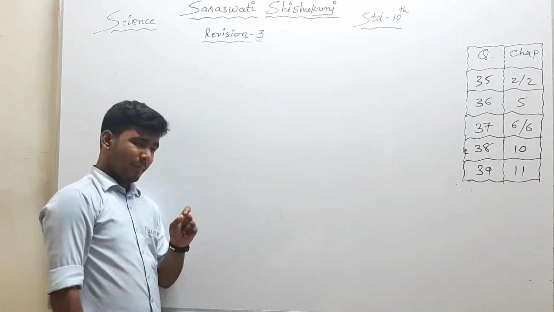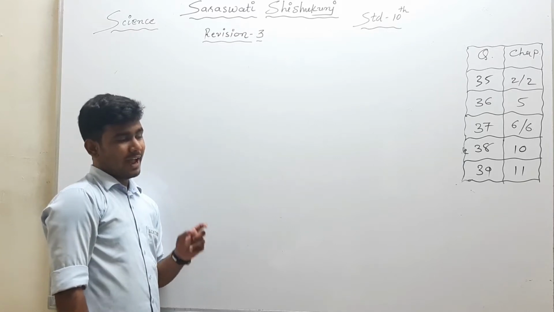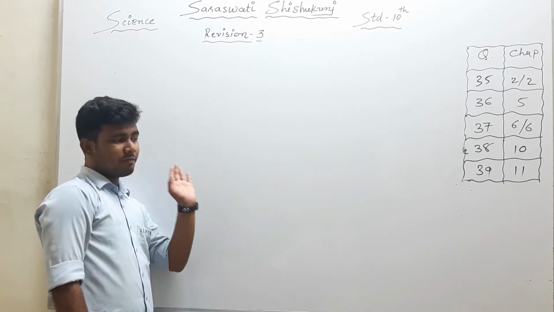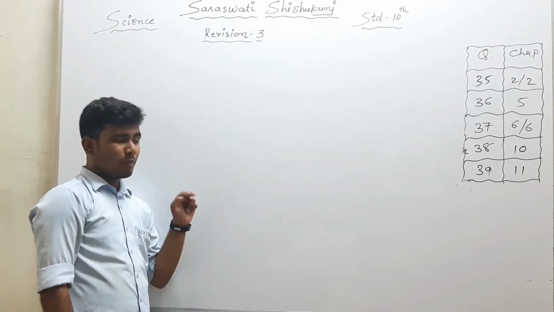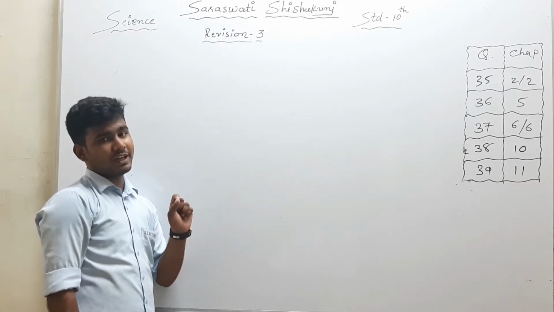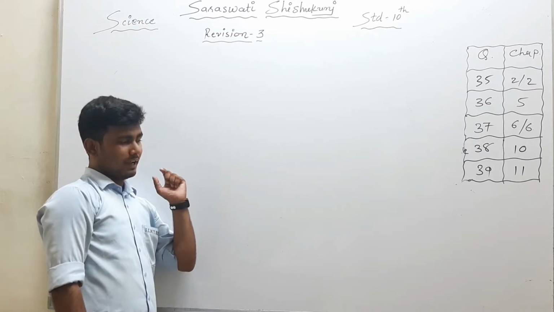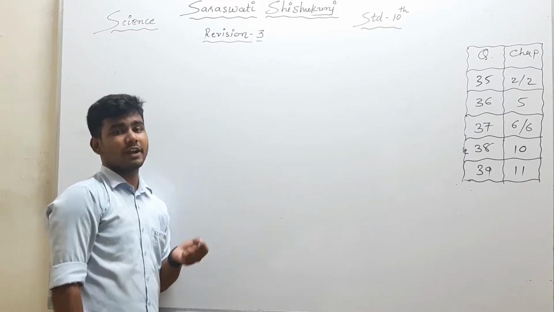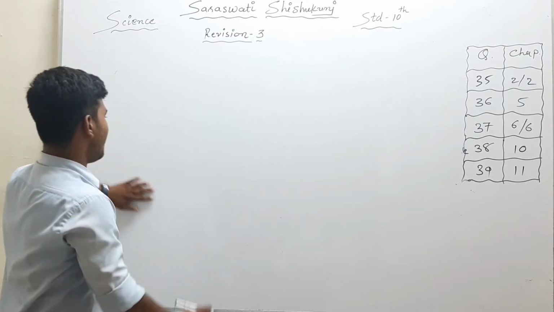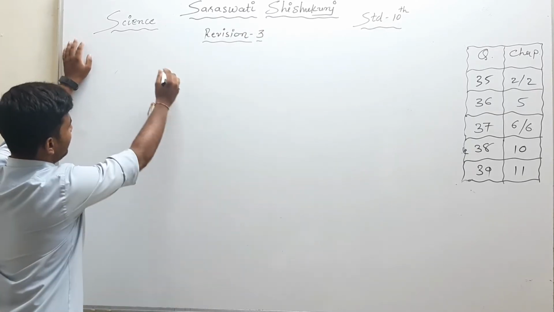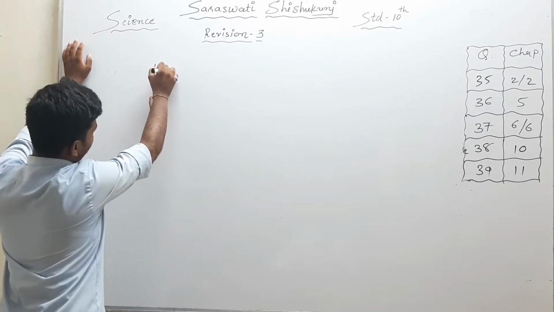periodic table. For Mendeleev's periodic table, it is a function of their atomic mass, right? And for the modern periodic table, it is a function of their atomic numbers, right? So Mendeleev's periodic table was based on atomic mass, and the modern periodic table is based on atomic numbers. Now, as we all know, the modern periodic table is classified into 18 groups